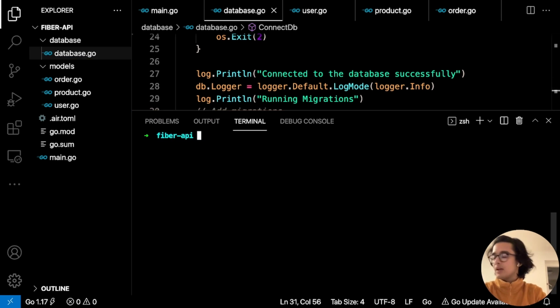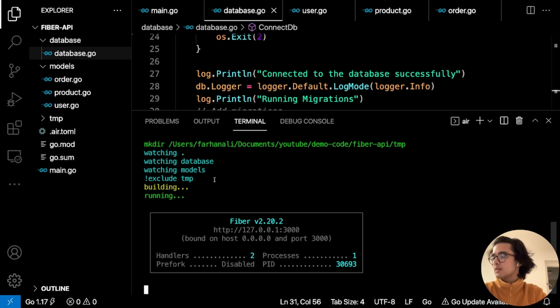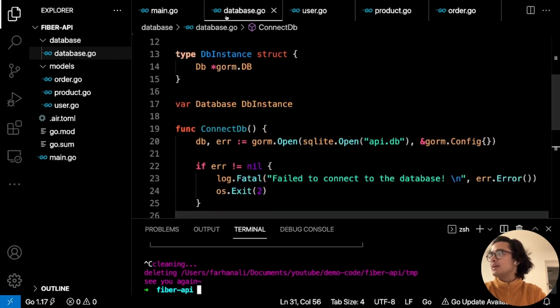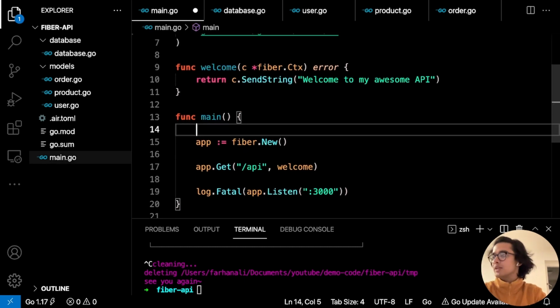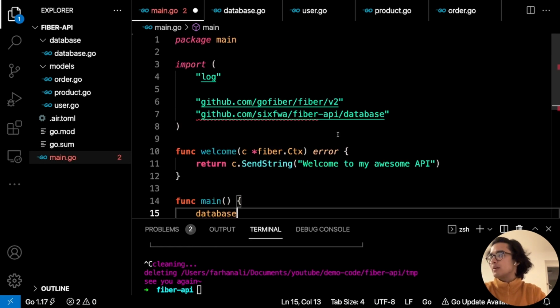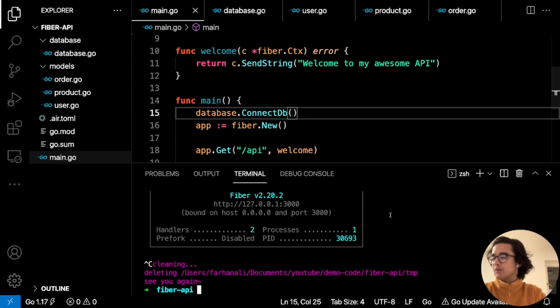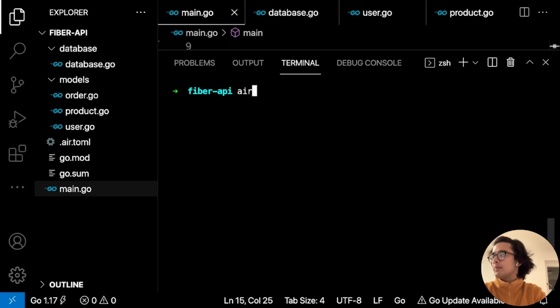So just clear it. I'm going to type in air to use the hot reloading. Let's give it a second to start up. Okay, one thing I forgot to do is actually call this connectDB. So back in our main.go, we need to do that. We can say database, which is automatically imported, and then .ConnectDB. That's it. I forgot to do that, sorry. Let's just zoom in, type in air,